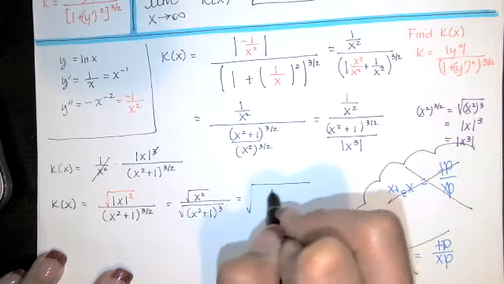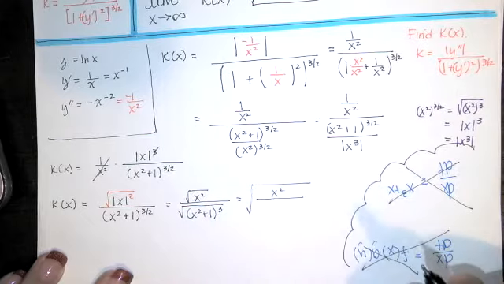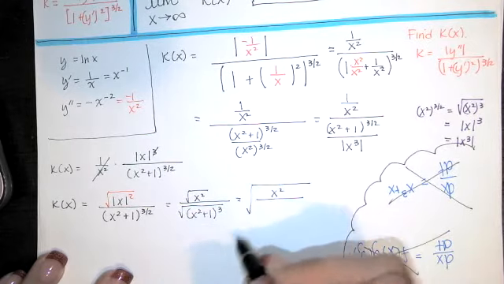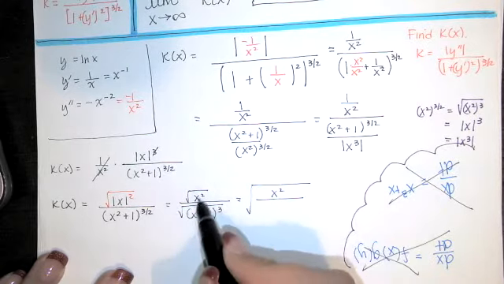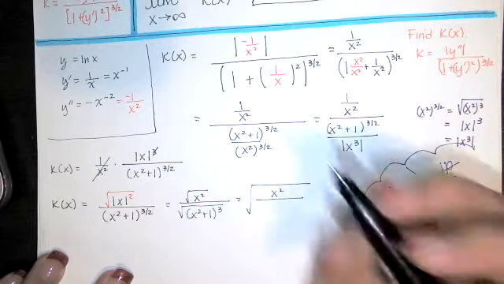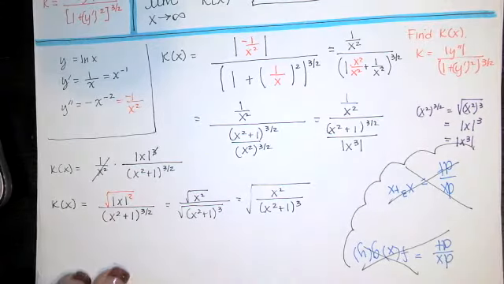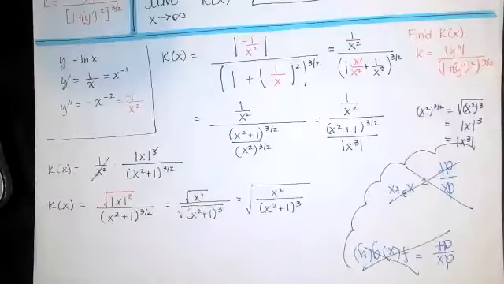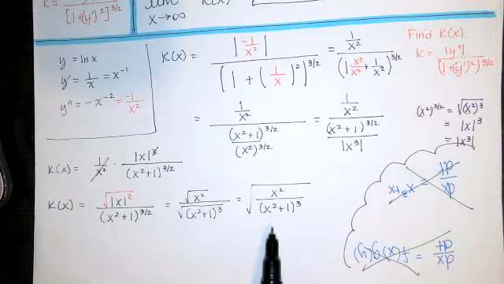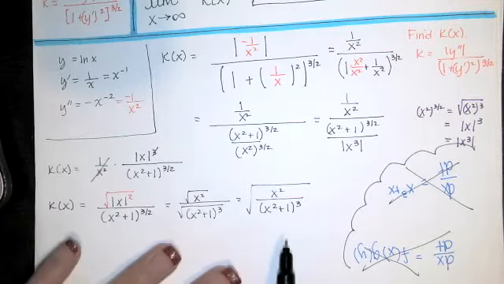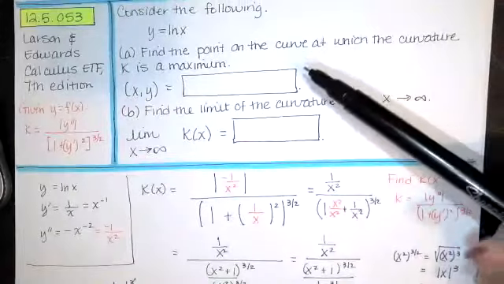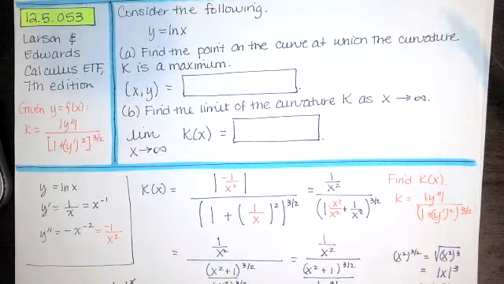And I'll write it like this. x squared, I'll write it as a larger square root. The square root of a divided by the square root of b is the square root of a over b. If you're saying, why would you do that? It just makes differentiation easier. Okay, so that's k of x. And I want to take the derivative of k of x because I want to find the maximum of that